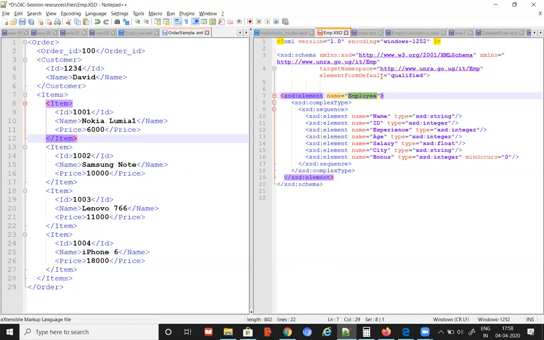Now one more web service also returns employee, but that employee XML is different from this employee XML, though both have the same XSD name. Then there could be a conflict, right? It will be difficult to understand, when I say employee, which employee I'm talking about.